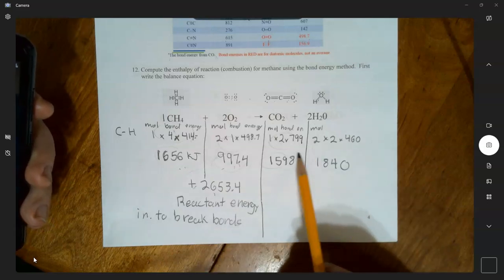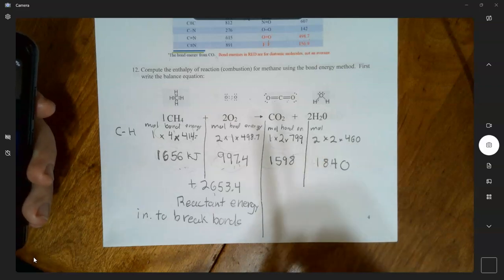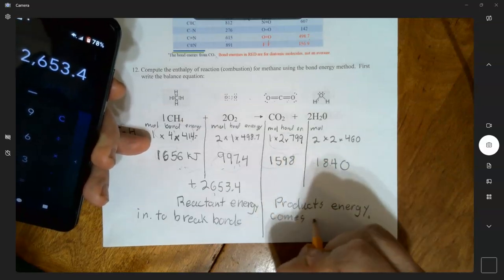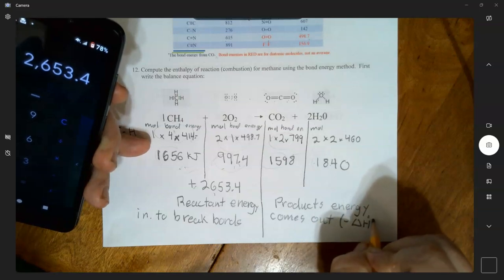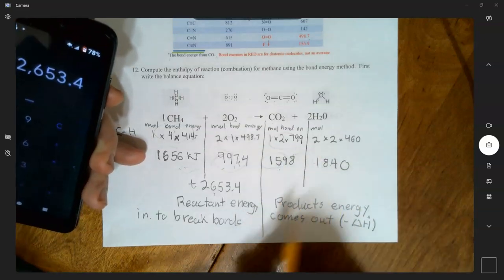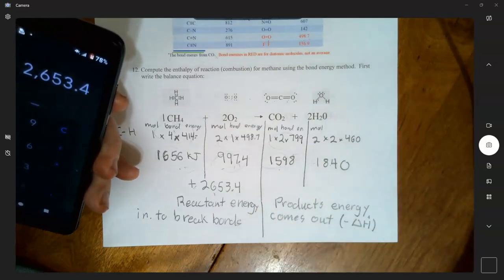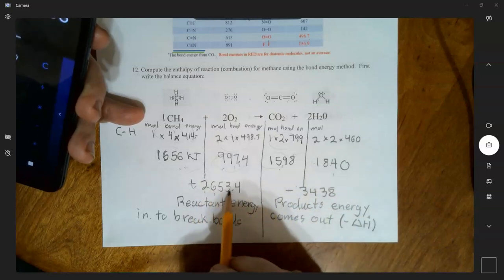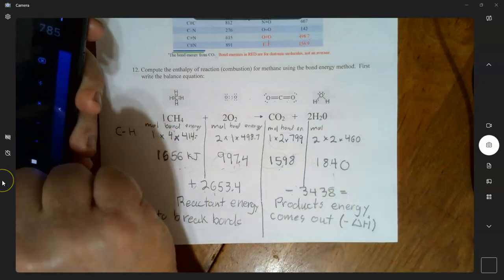Now coming out, we're going to add these 2, but then we're going to realize that this is a subtraction because it's energy out. Okay, so I'm going to write products, and we call that negative delta H. So it's going to be a subtraction of that, okay? Rather than calling each of these negative, we're just going to add them together and call it a subtraction. So let's do that. Okay, so these 2, again, energy's coming out, so we're going to call that a negative 3438. And now we do 2653.4 minus 34.38, and that will give us negative